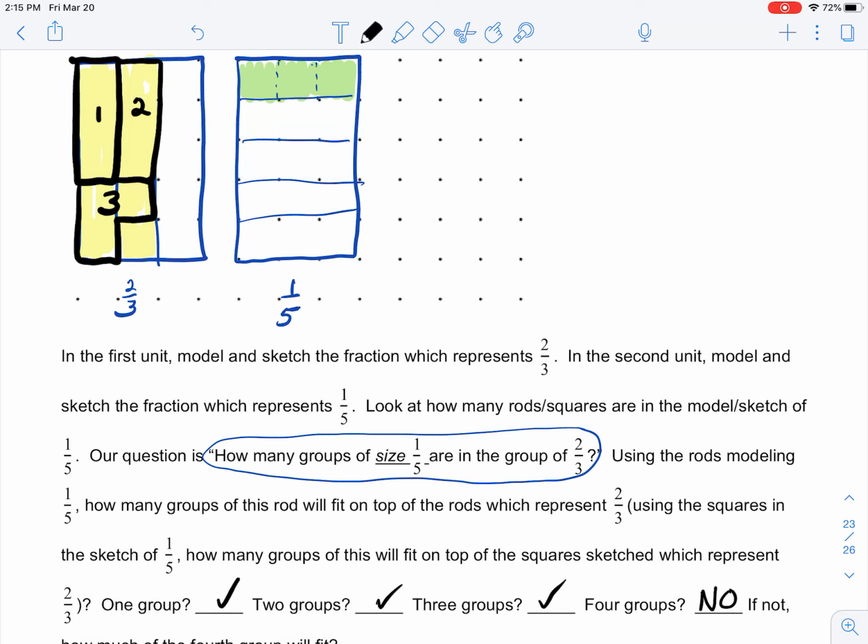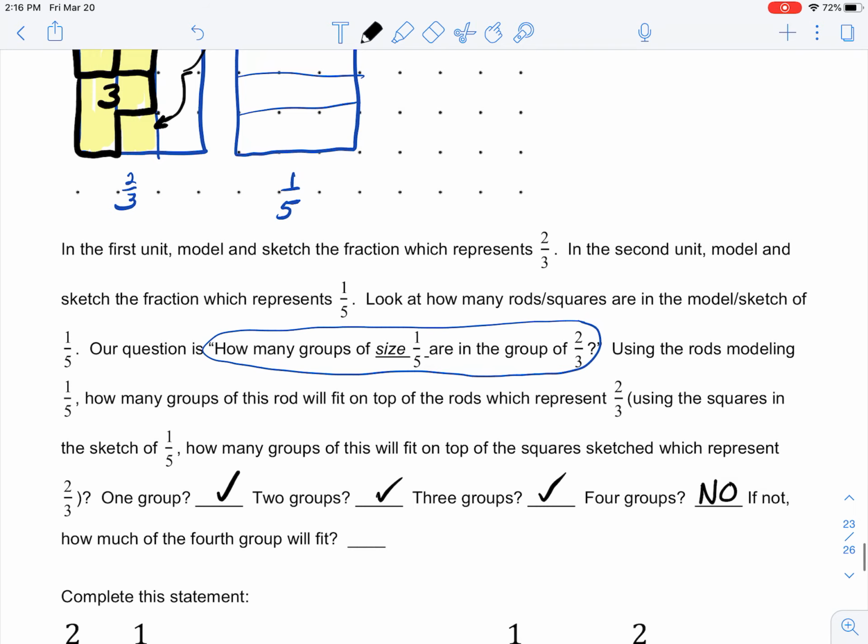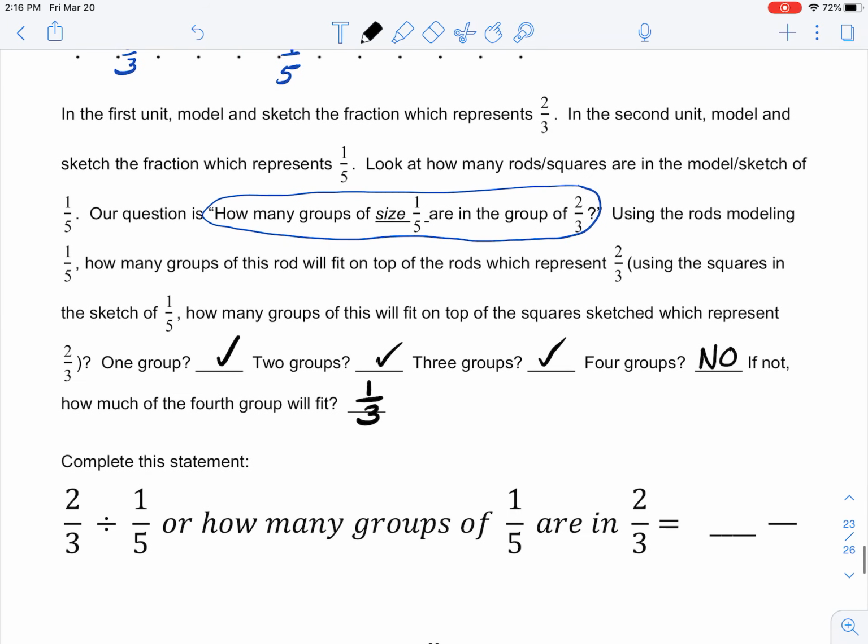So what I think about this is this one square, this one yellow square here, is how much of the 1/5. So I will take that square and put it on top of here, and I realize that I have 1/3 of the 1/5 left. So 1/3 of the 1/5 is on top of there. So how many groups of 1/5 is 3 and 1